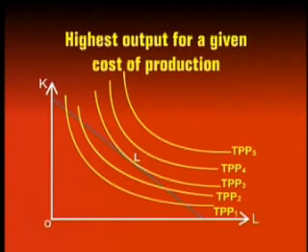This will be at point H in the figure. Again, this will be where the slopes of the isocost and the isoquant are the same. That is where PL over PK is equal to MPPL over MPPK is equal to the marginal rate of technical